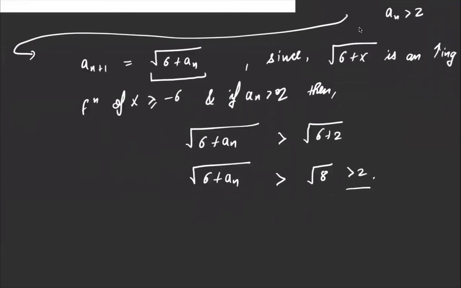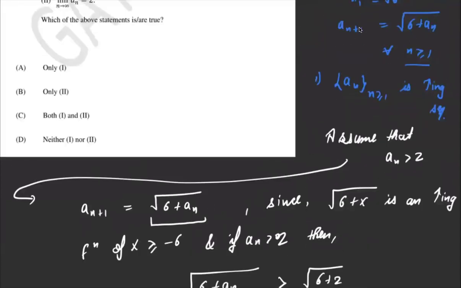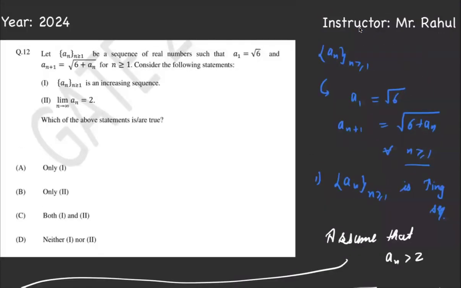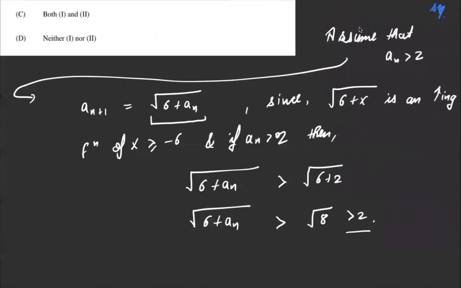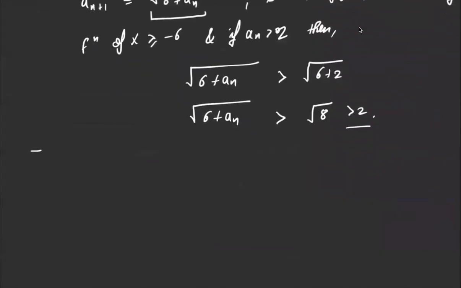Initially we were given something. We were given the first term a1, that is the square root of 6, and we can utilize that information. If you solve it, that is roughly 2.45, and this number is greater than 2. That makes sense? Now, as we assume that an is greater than 2,